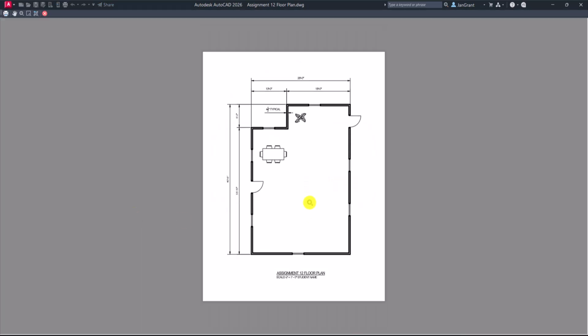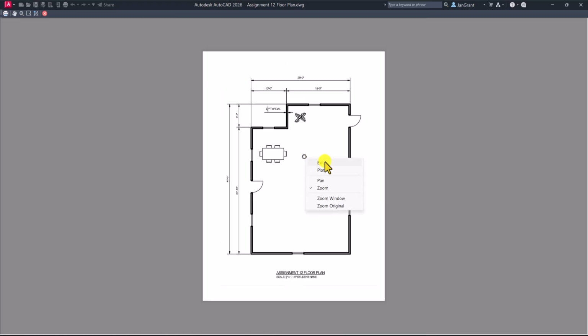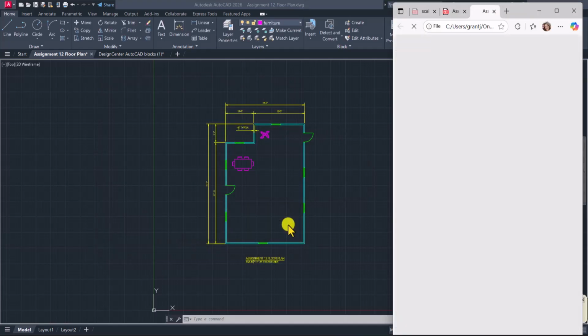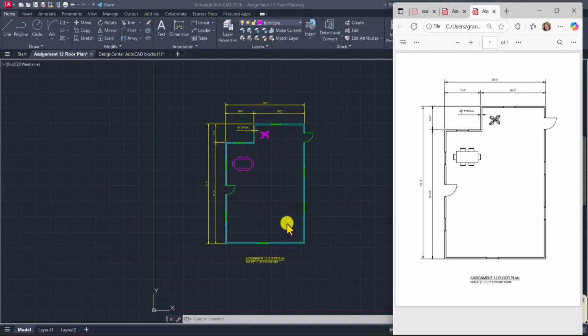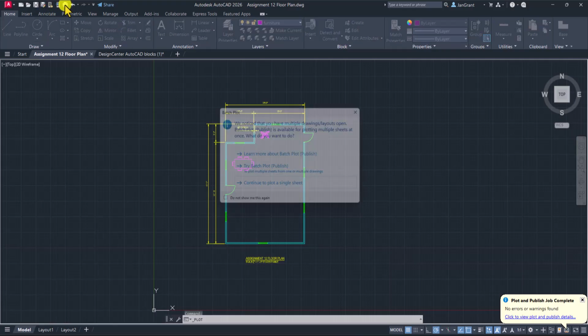Make sure you preview it. There it is. It's looking good. If it looks good like that, you're ready to right click and plot. And so these are those drawings that you're saving so that you can create your portfolio and kind of keep a PDF of your drawing. I do want to also point out to you that if you are plotting this on